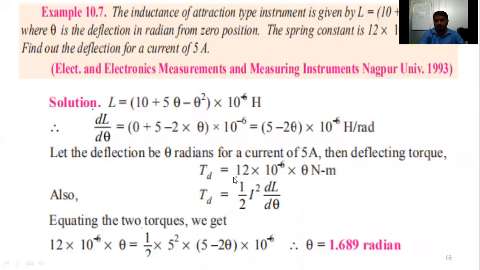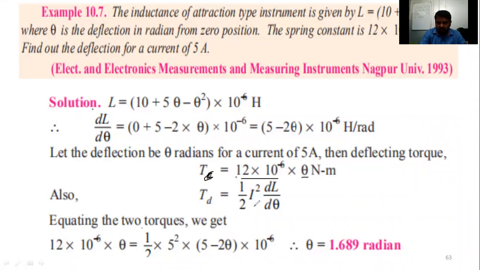So TD equal to 12 into 10 to the power of minus 6. How did the 12 come here now? The spring constant here now. K theta. TD equal to TC. So TC is nothing but K theta. This is nothing but the K value they have used here. In the answer, they have used it wrongly here now. I will consider this one as TC. TC equal to, this is K and this is theta. K theta they have kept here.